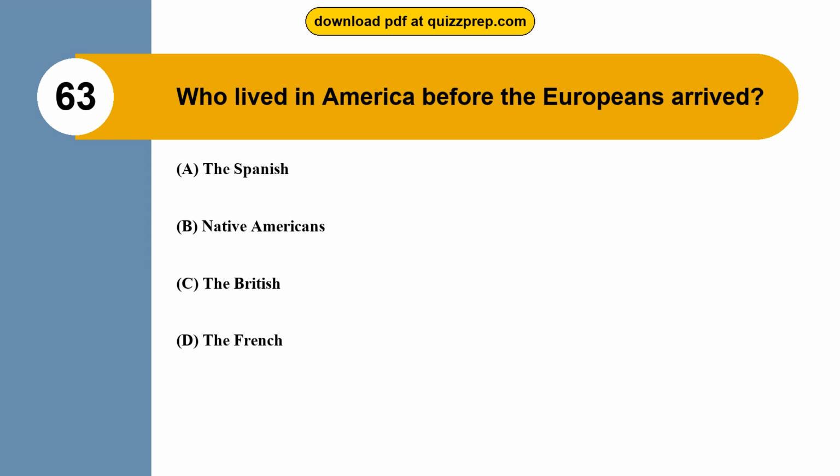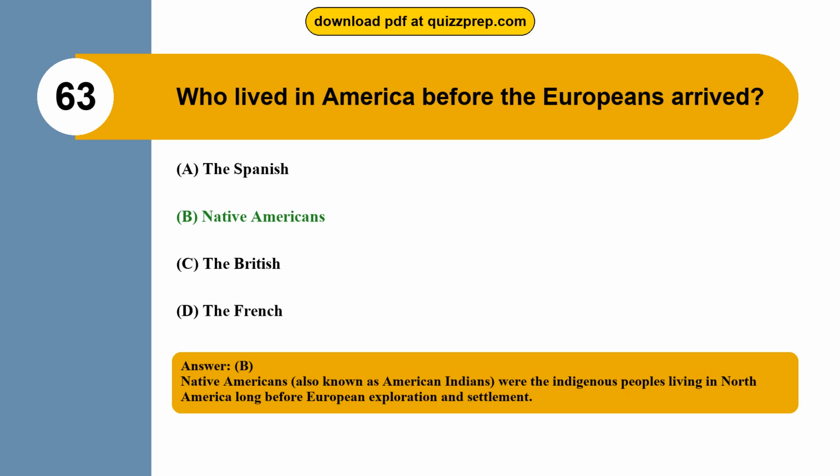Question 63. Who lived in America before the Europeans arrived? Option A, the Spanish. Option B, Native Americans. Option C, the British. Option D, the French. The correct answer is option B, Native Americans. Native Americans, also known as American Indians, were the indigenous peoples living in North America long before European exploration and